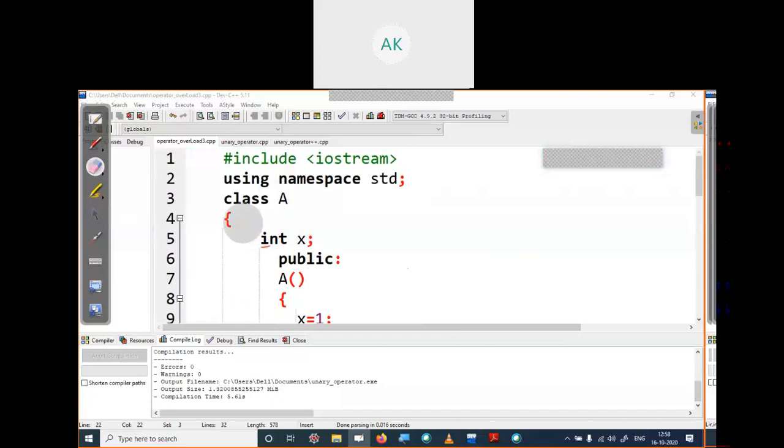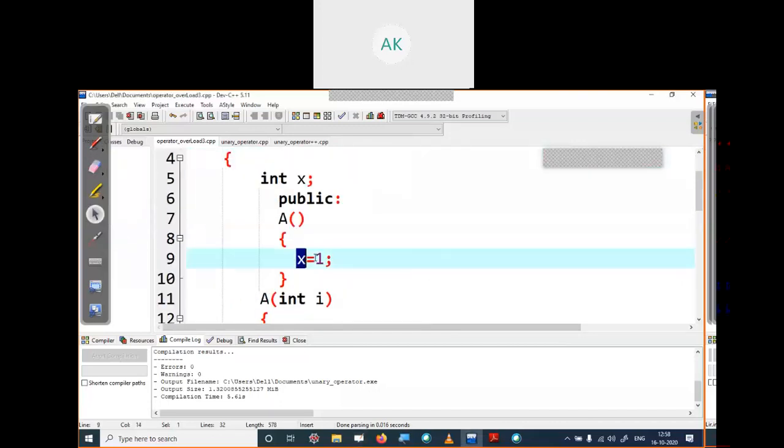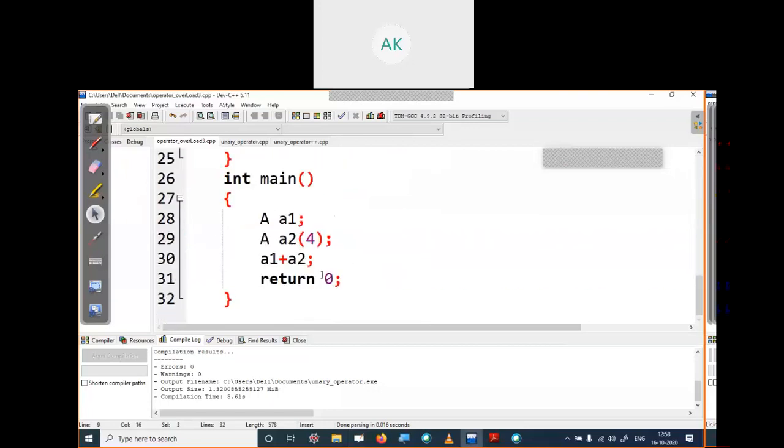As you can see here, it is default A, and it will set the value of X as 1. So the object A1's X value will be set as 1.